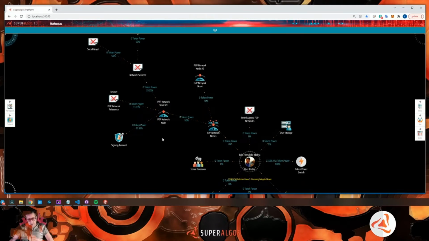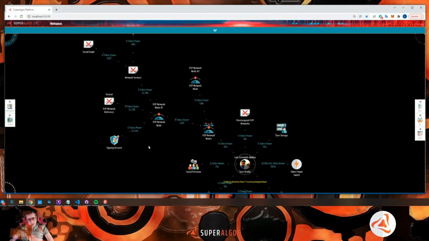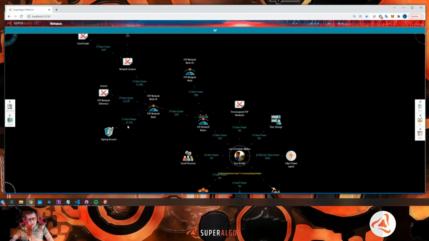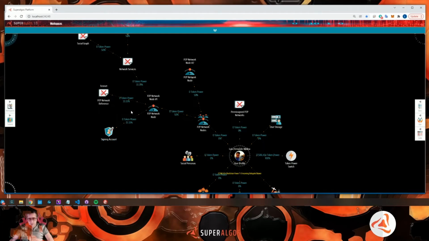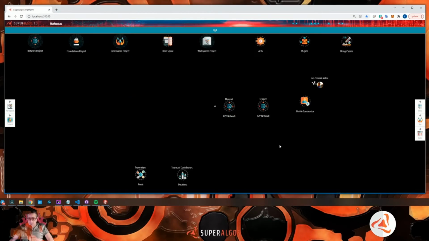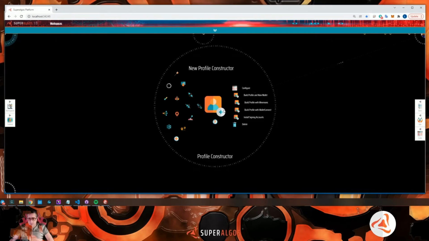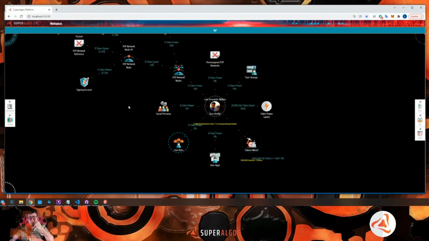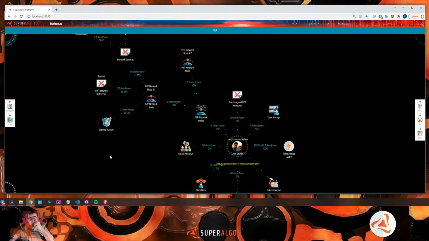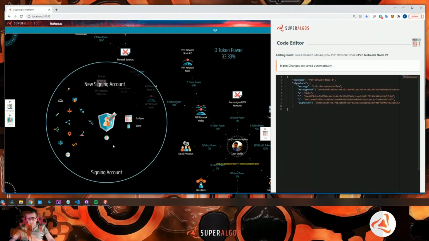So they need a private key for their identity, and that's why there is this signing account. It represents a public key, or a blockchain account, that belongs to a private key that this network node knows. This is generated with the profile constructor that you already know when you run this procedure, install signing accounts. This procedure scans all the entities in your profile that need a signing account, and it generates a random private key, and then it signs the message that needs to be stored here in order